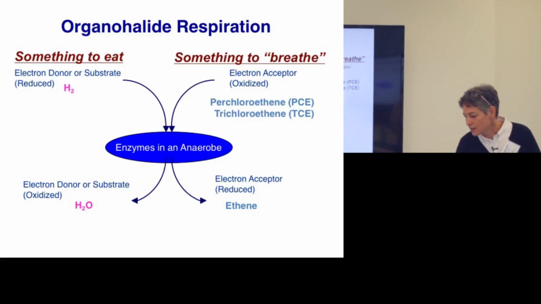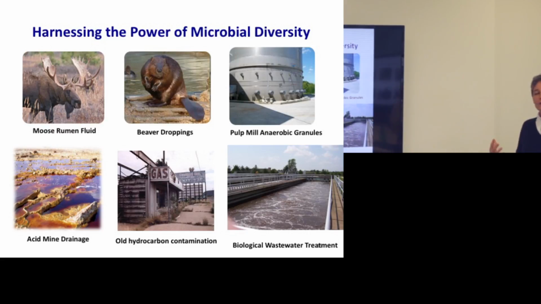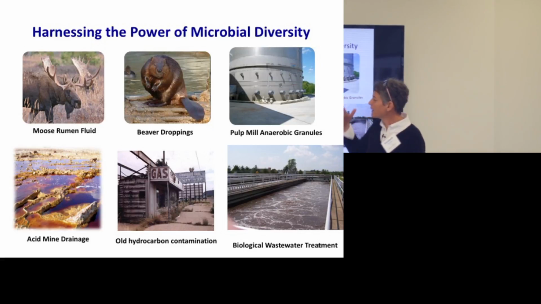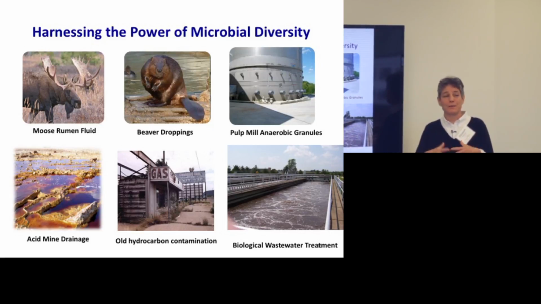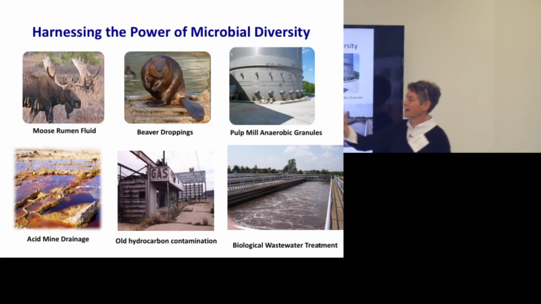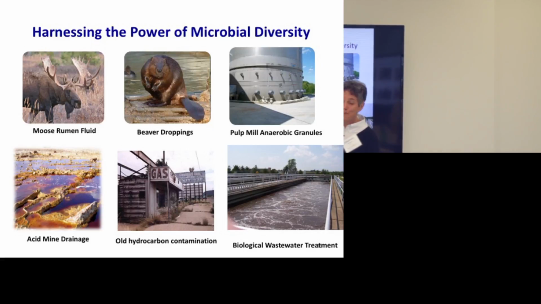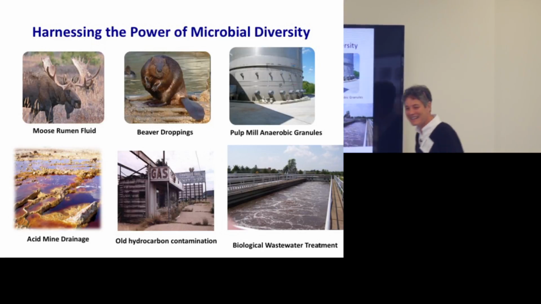So we've extended this notion to lots of different environments over the years. And so I talked about hydrocarbons and looking at hydrocarbon contamination, all kinds of contaminated sites. We're also very interested in looking at microbes, and not just we, but the whole planet is interested in biomass conversion. How could we harness cellulosic biomass to make biofuels or things like that? So we've looked at the moose rumen, because they eat a lot of cellulosic material, and beavers, because we thought these were like iconic Canadian things.